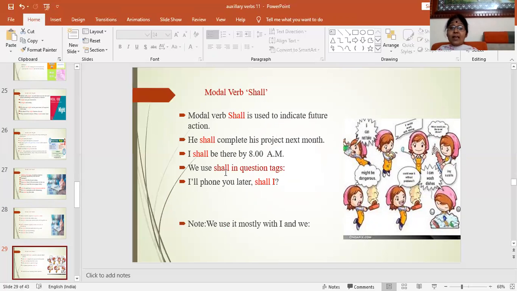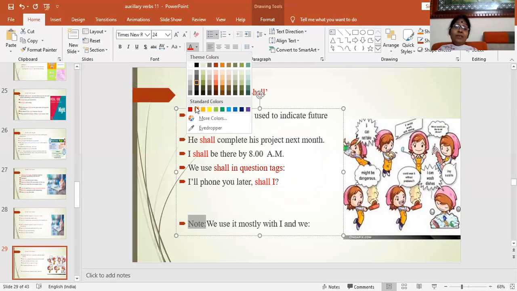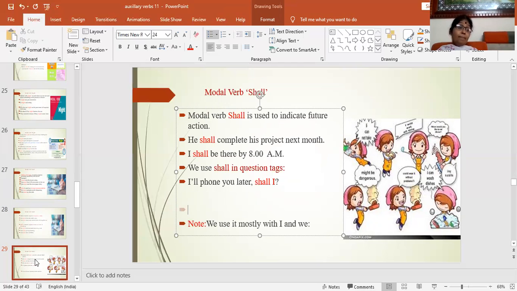We use shall in question tags also. For example, I'll phone you later. Shall I? So we can use it in question tags. Note that we use shall mostly with the subjects I and we. Remember this, right? Now,